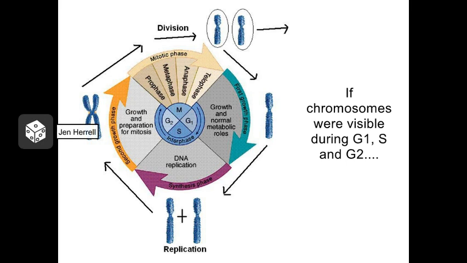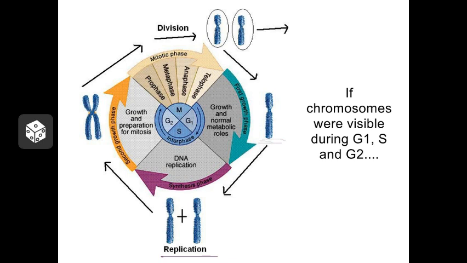So again, if we could actually see these chromosomes during the entire cell cycle, they might look like this. We start out in G1 with the chromosomes being unduplicated, and there would be 46 of these guys floating around in a typical human cell. During the S phase, they all get copied. So that would mean there would be 92 of these things floating around inside the cell.